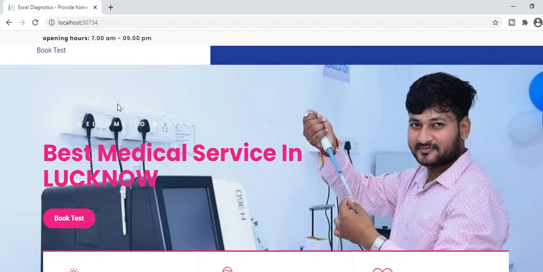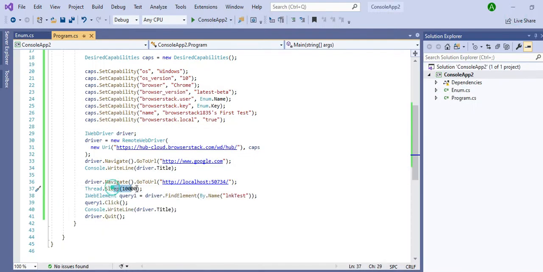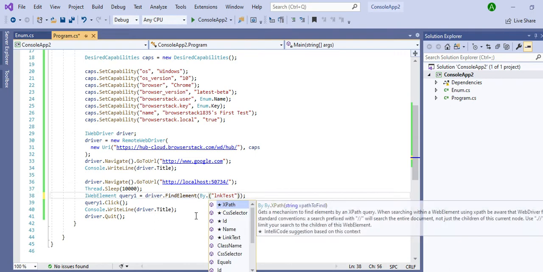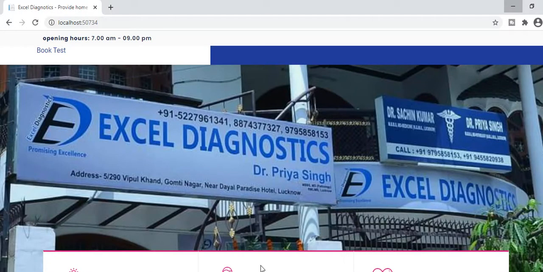After it renders, then you will be able to get anything, correct? Before this phase, you can't get anything until it has run properly on the browser. So I have to wait and make sure that everything has rendered on the browser. Then I will go and find LNK test by name. Why by name? I can get it by ID as well, there's no issue, but here I'm finding it through the name. How do I know that the name of this link is LNK test?